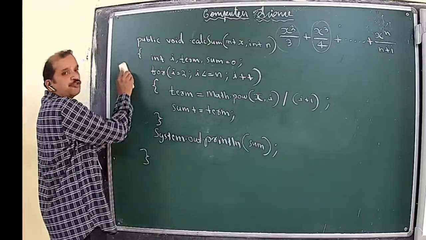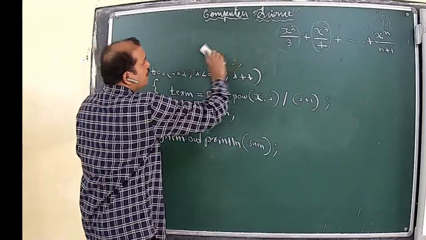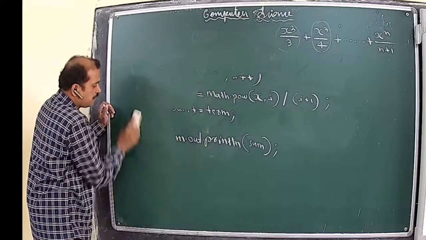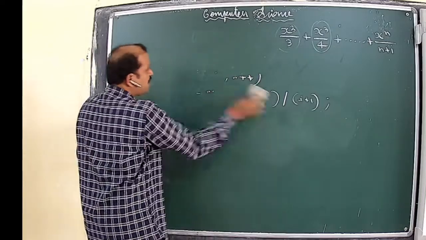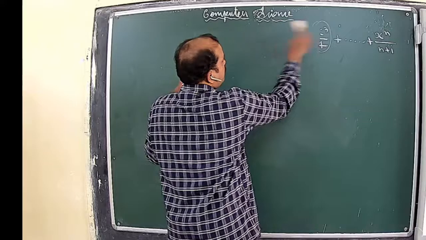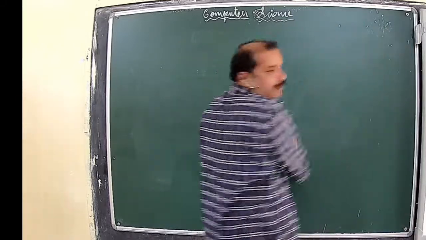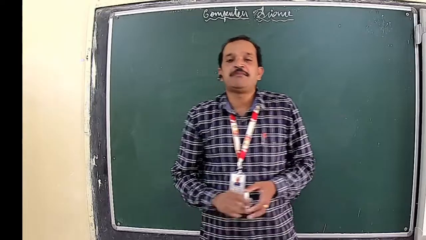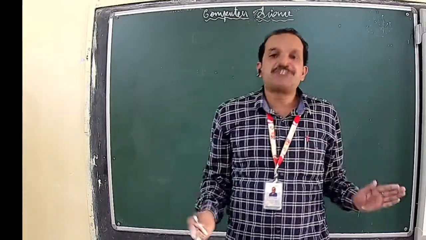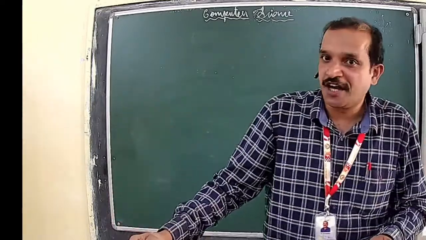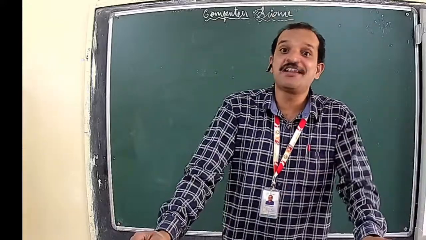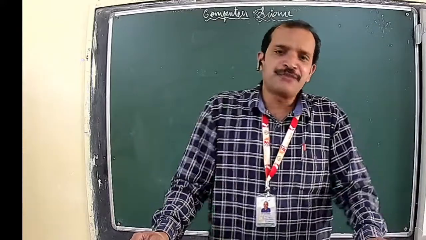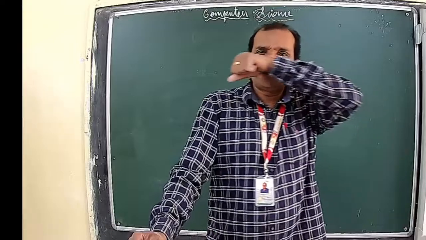Now we move on to the third homework. Our third homework was to find whether a number is palindrome or not. As we have already seen as part of the first session, a palindrome number is a number which can be read in the same way from both sides, from left and right. All right. So you are already familiar with the palindrome numbers,